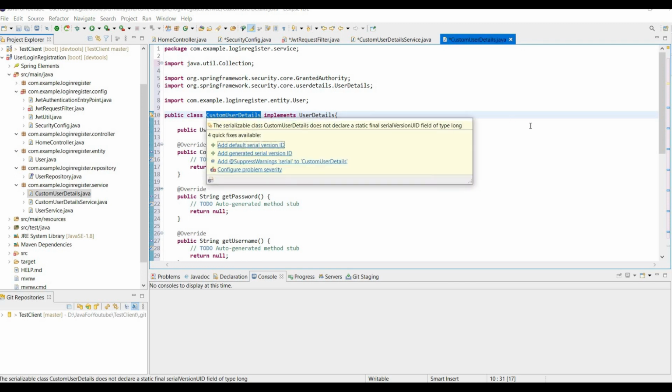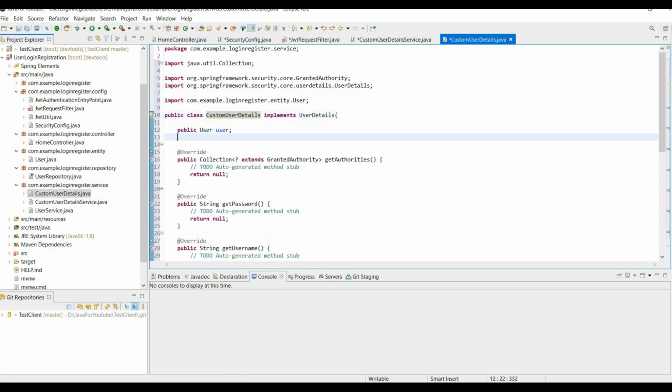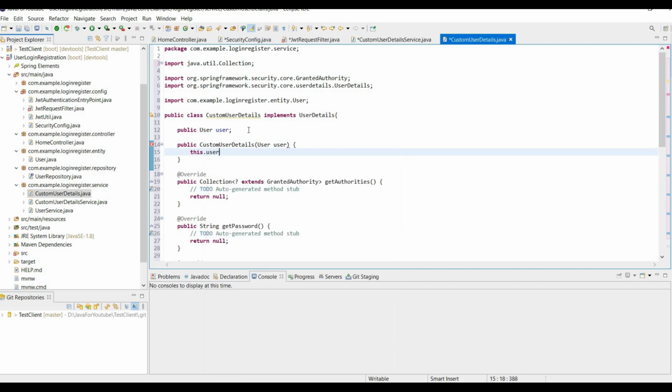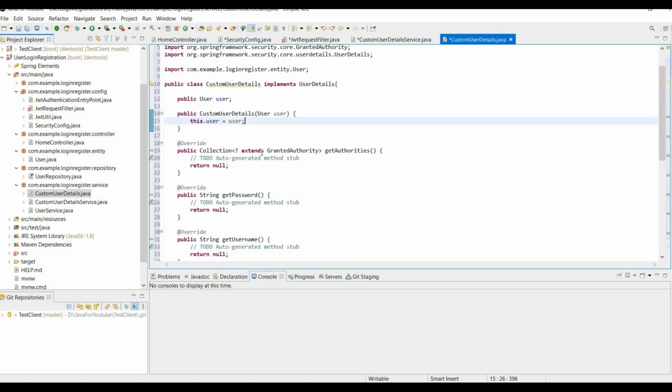Let's make a constructor too. It will run the very first time,